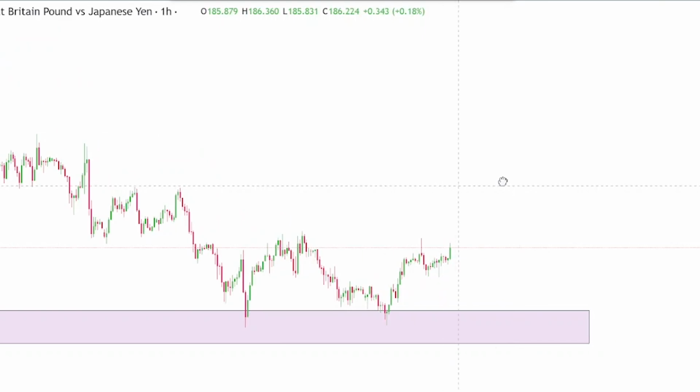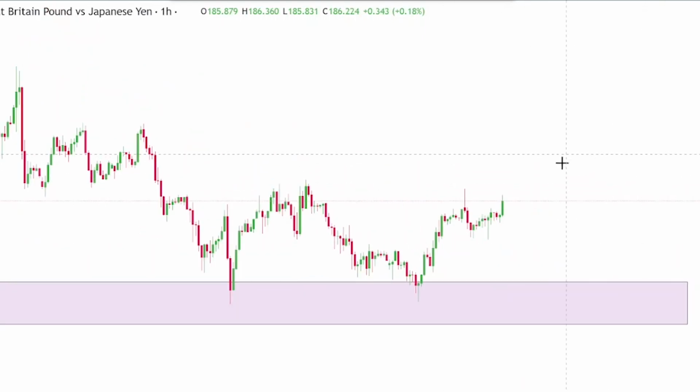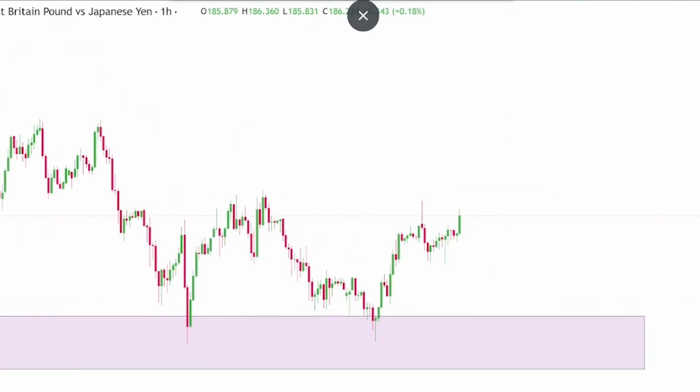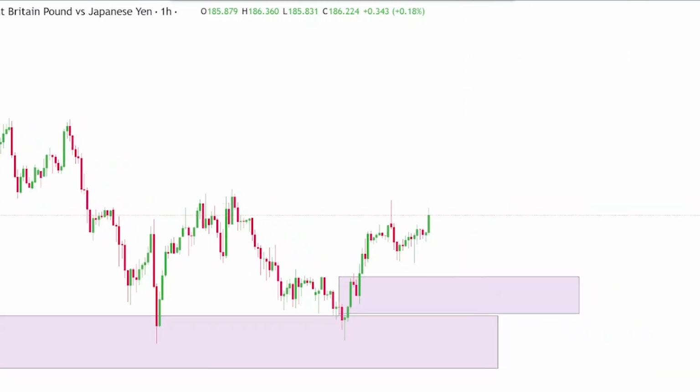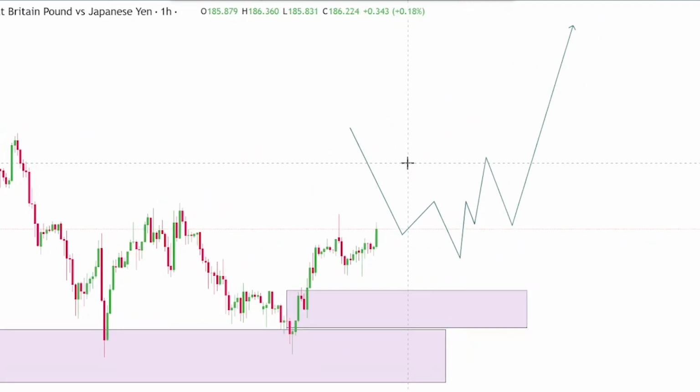So the areas we need to be buying from, where we have an opportunity, is where the market makes a low from this area so that we can buy from this demand area. So this is the market moving low to high, to low, to high. We failed to make a low, high, low. We are looking for the low to go for the higher high. This formation of the market looks like this,